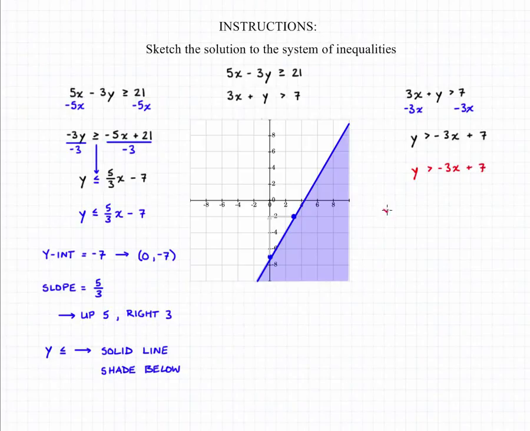So if we pretend that this is a linear equation, we can say the y-intercept would be 7, which means the point 0, 7 should be a point on this graph. We also know that the slope here is negative 3, which is the same as negative 3 over 1, which means we can take our current point and move down 3 and right 1 to find another point on our graph. So if we move down 3 and right 1, we'll have another point,